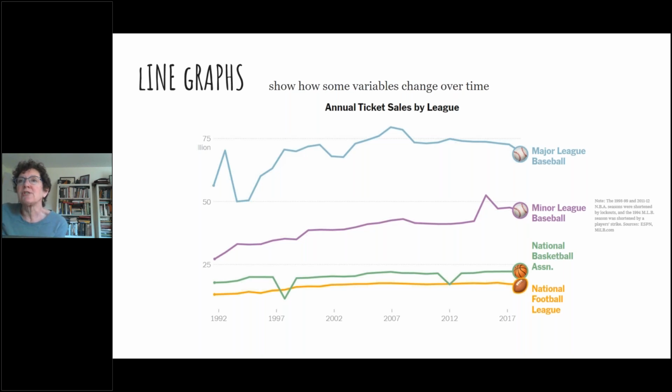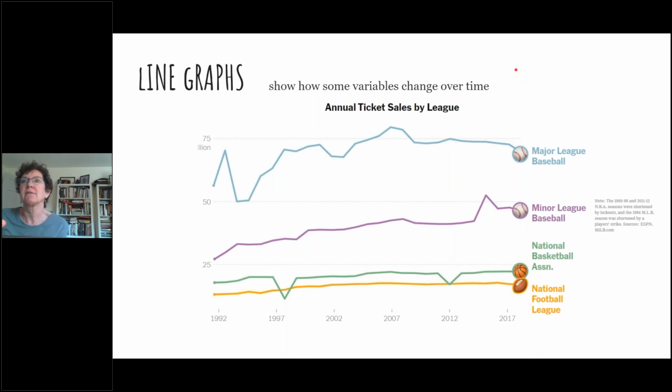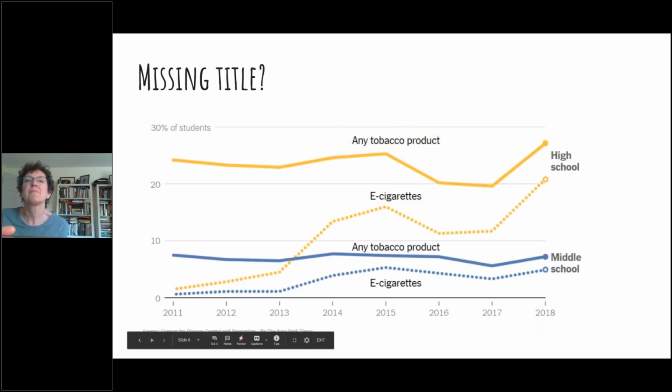So in general, you can say which league sold the most tickets. Which sport sold the most tickets? Well, it looked like the major league because